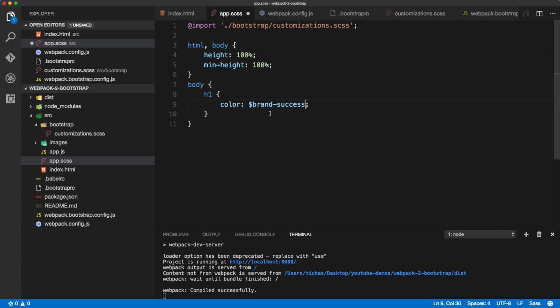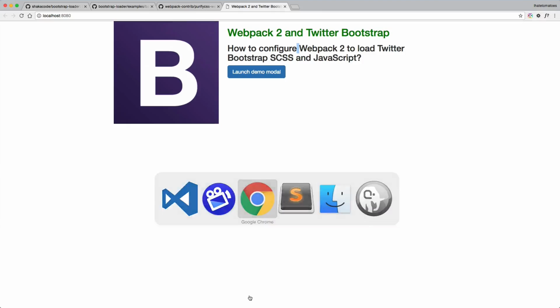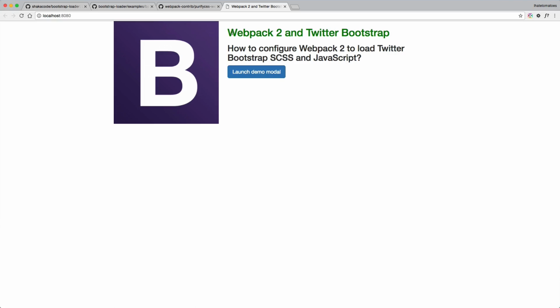Okay, replacing the pink with brand success color, and anything related to this color inside of the default Bootstrap styles will be also changed to our green. Okay, if I save it and refresh the page, we will see that this is now green color,